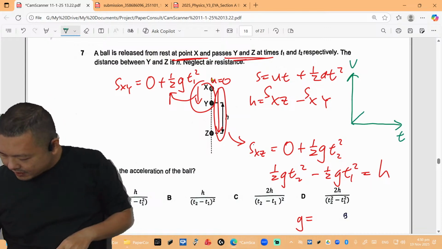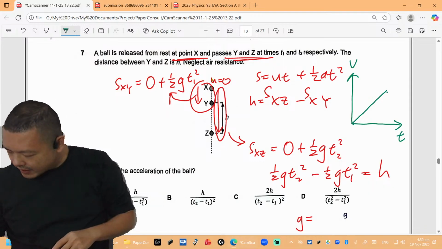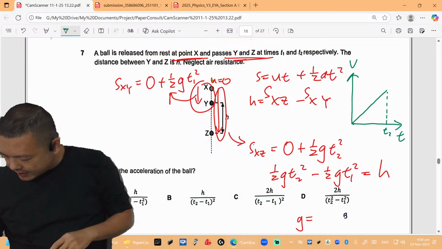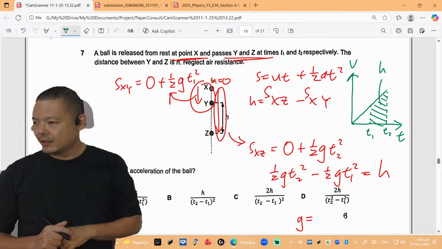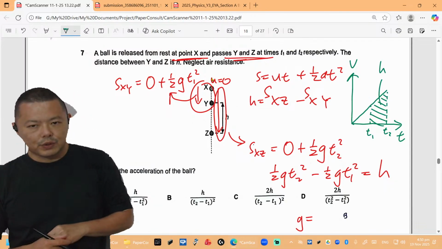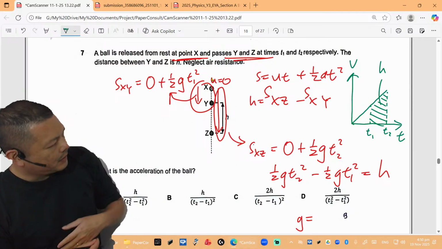Okay? Then it will be this one. Let's see whether or not it will work. So let's say this one is T2 and this one is T1. H is the area under here. This is H. Okay? That's H. And basically you're supposed to find the